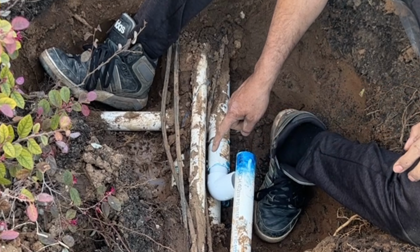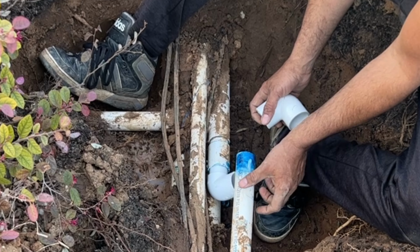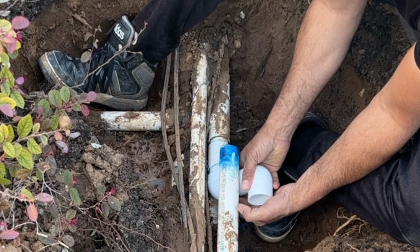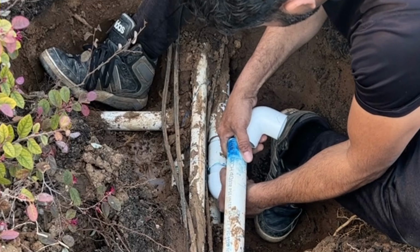Before I install, I'm going to clean everything. I'm just making some ideas of how I will install. Then I need that bigger piece. It will go in, I will do it like this. Then this pipe, I'm going to tuck it in. So my idea is like this. So if I install this one in,